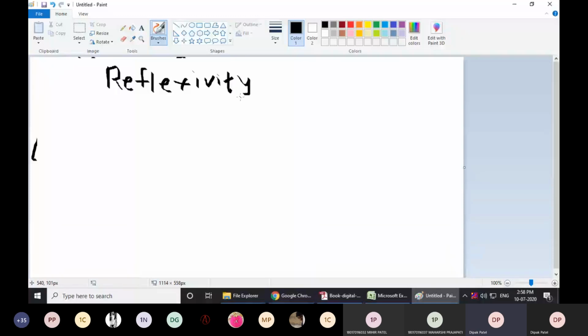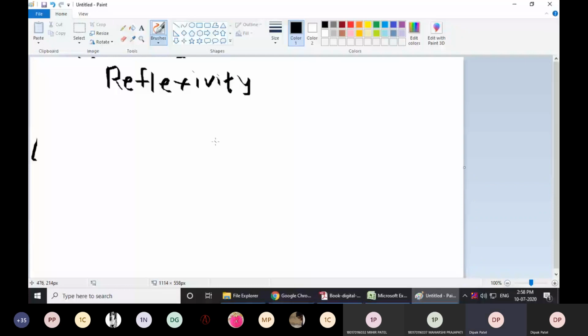Reflexivity. It means if a function is related to itself, then it is considered reflexive. So we want to check whether big O notation is reflexive or not. See, equal to is reflexive because we are saying that A is related to A itself. A is equal to A. So equal to is reflexive, right? But less than is not reflexive. One is not less than one.